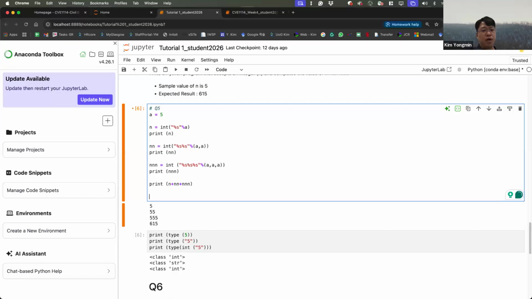I will show you how the lambda function and the for loop work in this case.